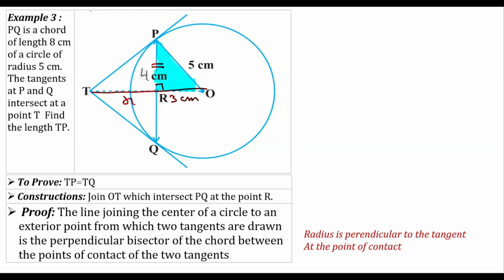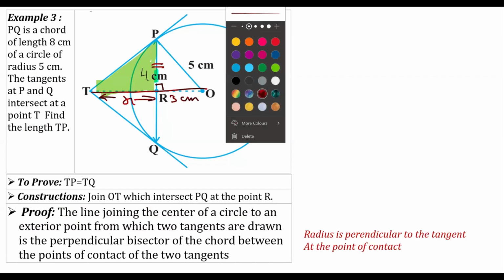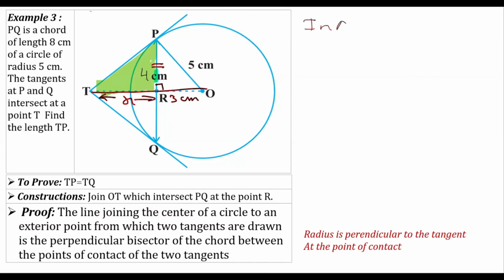So first I'm going to take the length of this TR as X, and then we'll apply Pythagoras theorem once again in this triangle. First I'm going to apply Pythagoras theorem in this triangle. You may name it in the exam, or I also name it. We are talking about triangle TP. I should use a smaller pen so as to do it in one screen. So I'll say in triangle TPR,